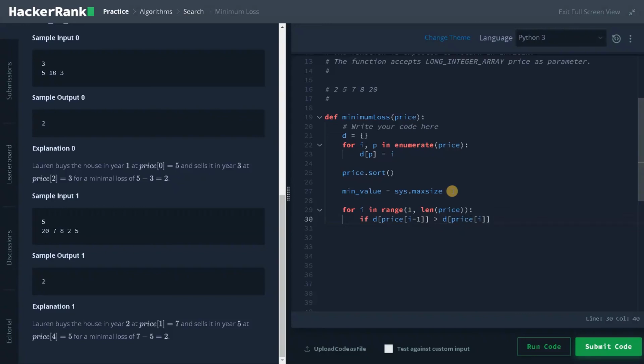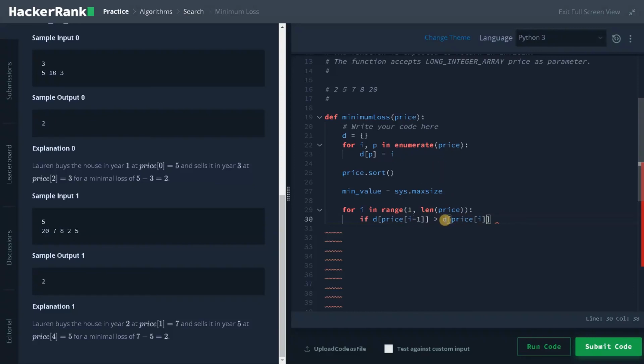What this condition represents is, here you can see at 7 we are going to buy and at 5 we are going to sell. So at selling price the value is minimum, right? So here the minimum value will be in the i minus 1 and the current value will be in the i. So that's why I am comparing this index.